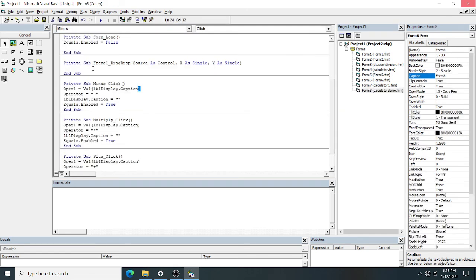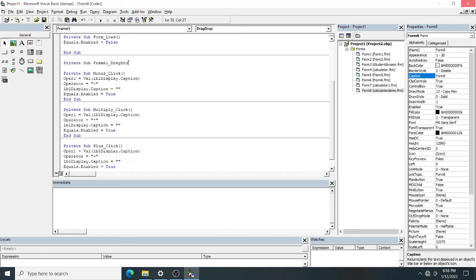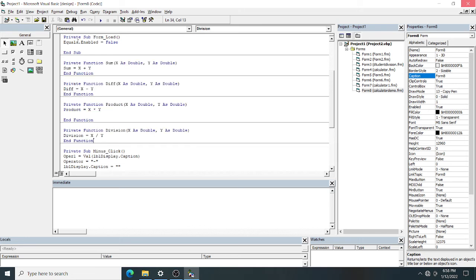calculator program. Okay, now look here. Here you can paste with Control V. Look here. This is the function procedure, which is a general procedure function. You can see the name of the function is Sum, and it is taking two operands, operand 1 and operand 2.